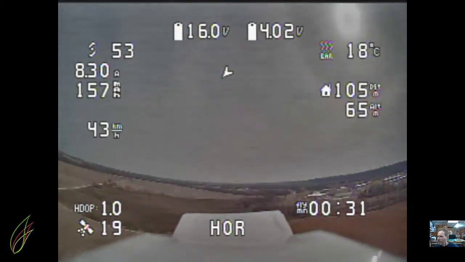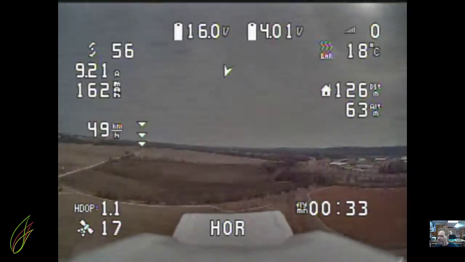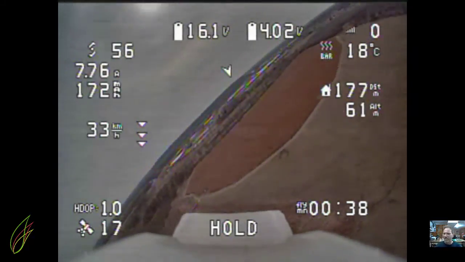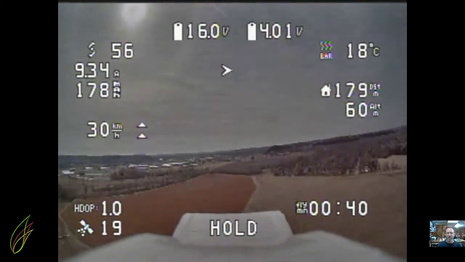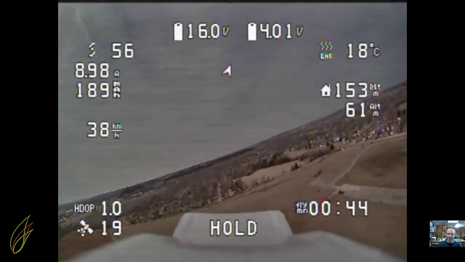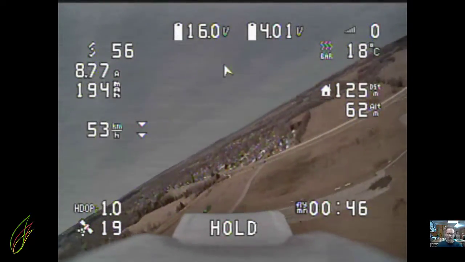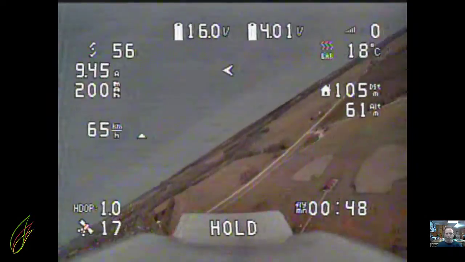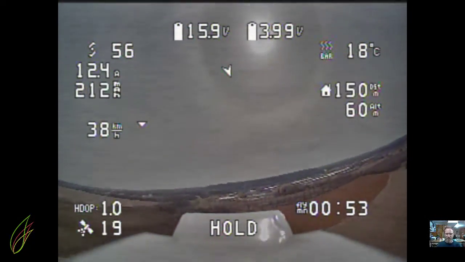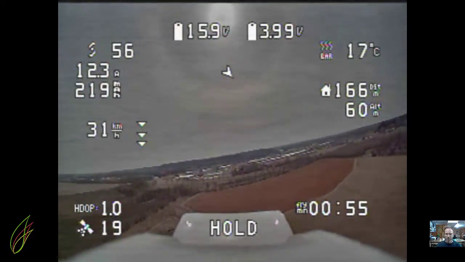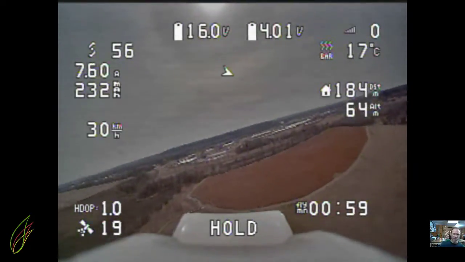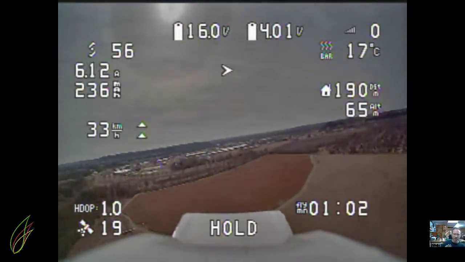Desktop audio. I'm learning this OBS Studio software too. I hope that the music or the sound of the motors isn't too loud, but that you can still hear it. So we're in hold mode, and this thing doesn't really hold all that well, but let's watch it hold and see what it does. I don't know if iNav tries to use rudder, but if it does, it's going to be a problem if it uses ailerons and rudder to try to make a coordinated turn,